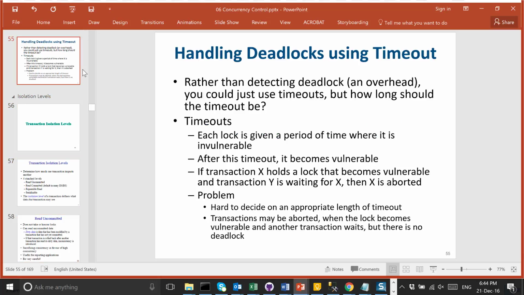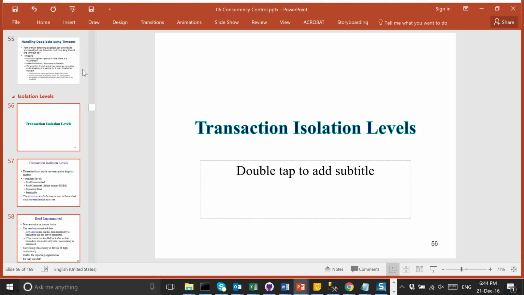So let us take maybe a 10 minute break, and when we come back I will explain the transaction isolation levels. The transaction isolation levels are more practical. In practice, as a database developer or administrator, you should be familiar with those because that's what developers will use. But you will be able to understand them better because you are now equipped with some prerequisite knowledge that will hopefully make it easier to understand. This part is really practical, as I will show you after the break. All right, thank you.